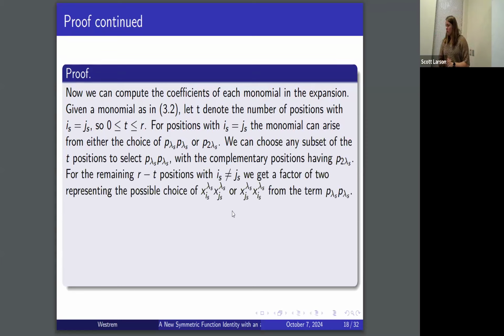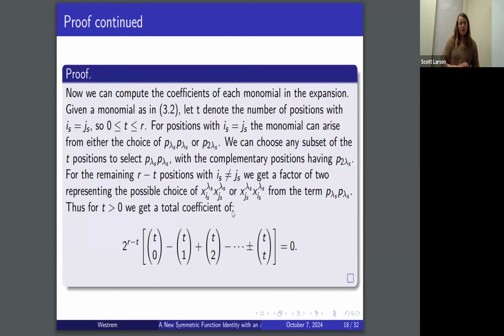So again, the other ones wouldn't be combined, meaning that those subscripts could not be equal. And essentially we would have a choice, either having x sub i first or x sub j first from that term there. So we have two possibilities there. And what this means is that if we're counting these coefficients of choices that we make, we're going to have